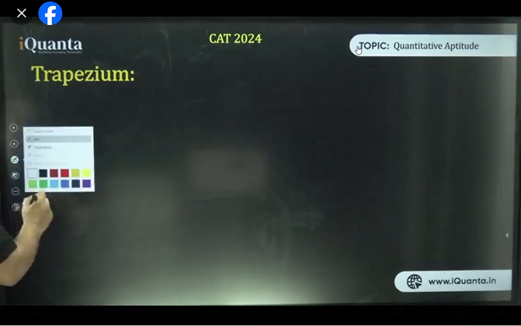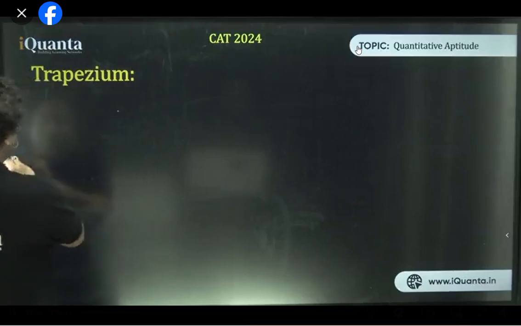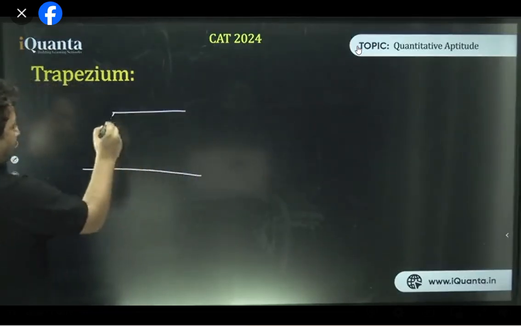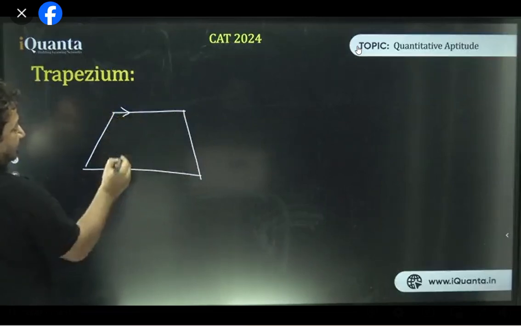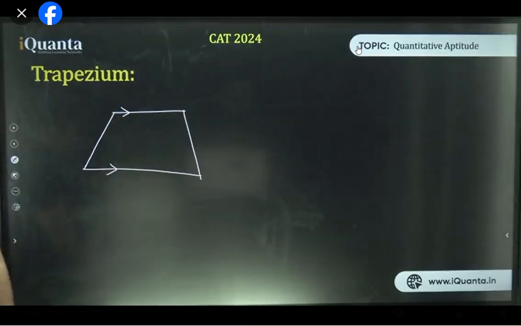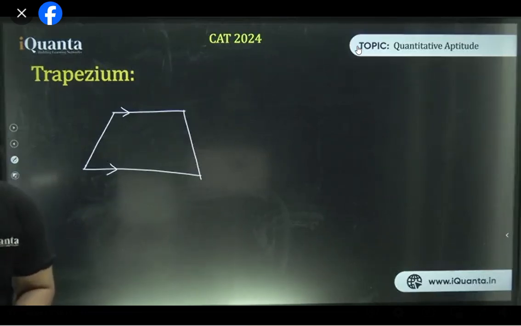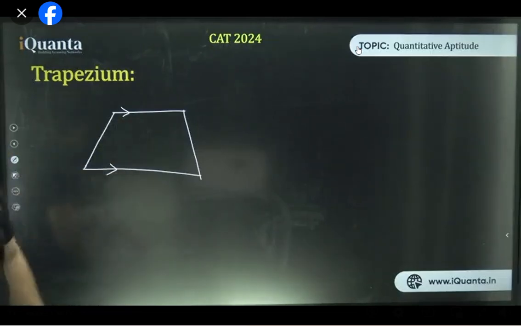So trapezium is a kind of quadrilateral in which, see, in trapezium, only one pair of opposite sides are parallel. This is parallel to this, and the other two opposite sides are non-parallel. चिंतन, हाँ, रोटेट नहीं किया, टिल्ट किया था। I said tilt. हाँ सोनू, exactly. Did I use the word rotated? I did not. ये अपने आप ही तुमने unwarranted assumption ले लिया। I used the word tilt, keeping the base at the same place. Anyways, now understood. So this trapezium, only two opposite sides are parallel, the other two are not.